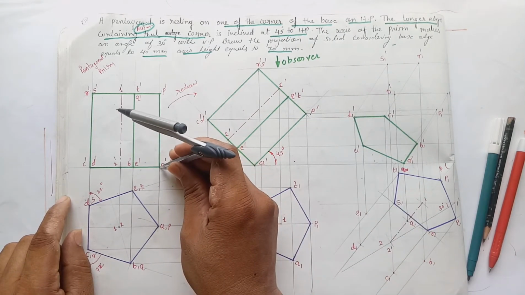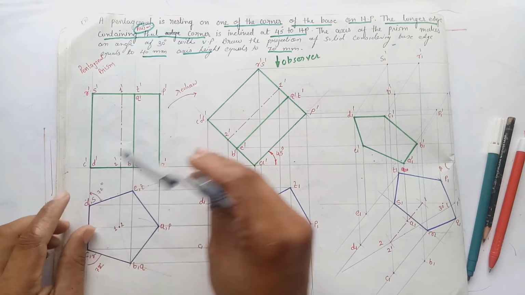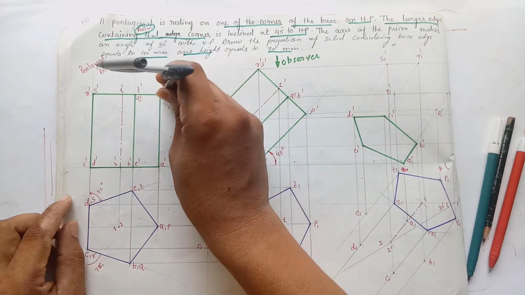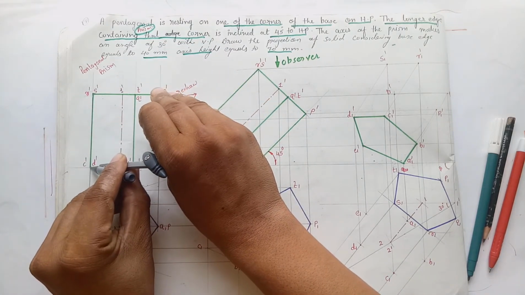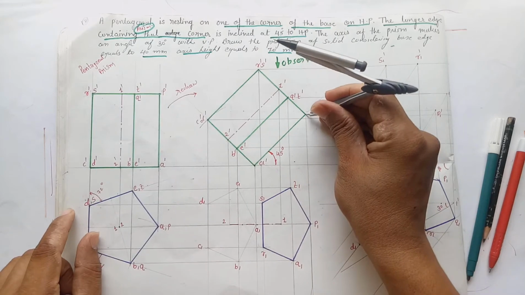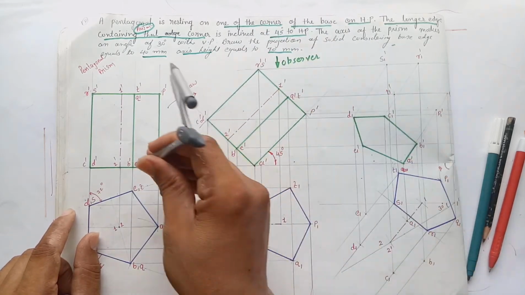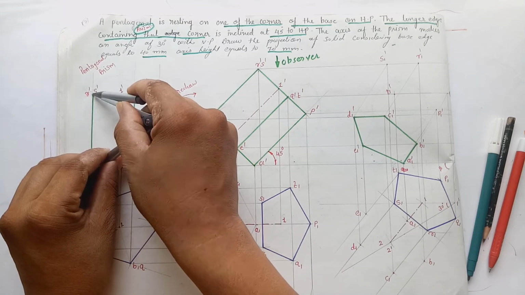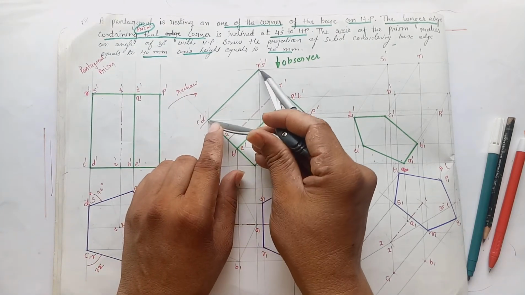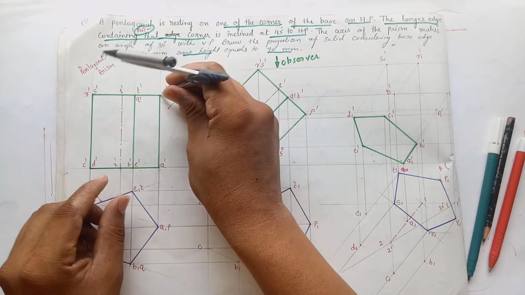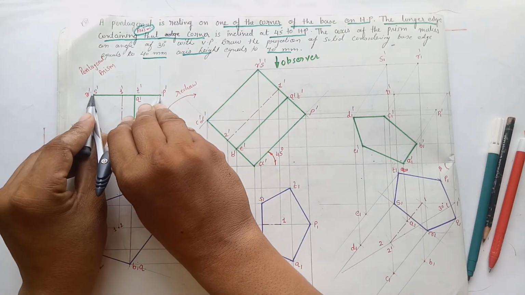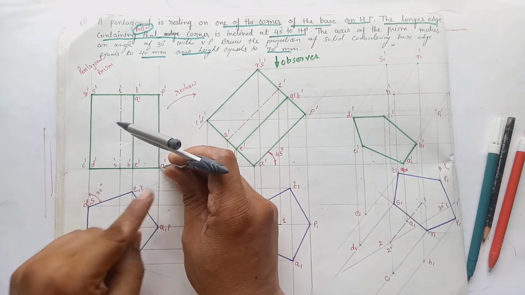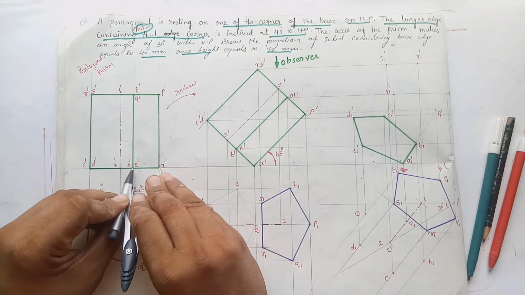So mark A dash P dash, then after A dash to C dash, one arc, P dash to C dash to mark C dash. So P dash to C dash, then after C dash to R dash S dash, that is C dash D dash to R dash S dash, and P dash to R dash S dash. Okay, so now copy this figure, mark the point of the base and top face, that is B dash E dash,